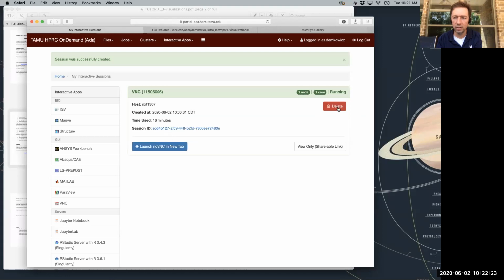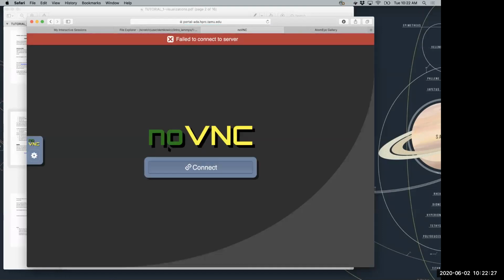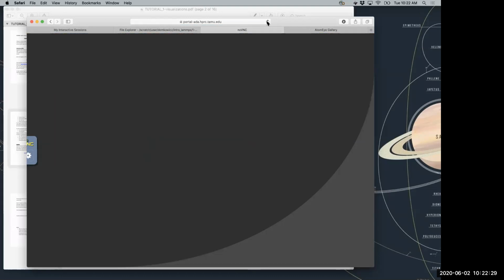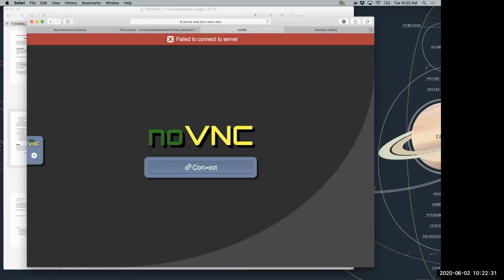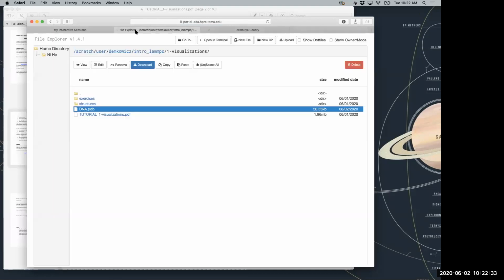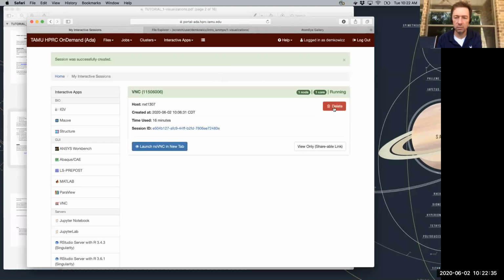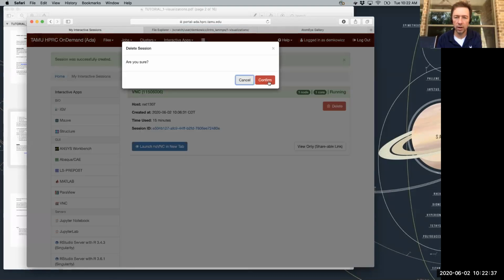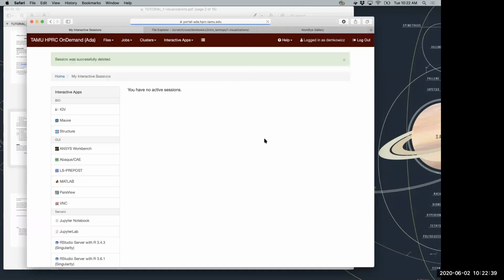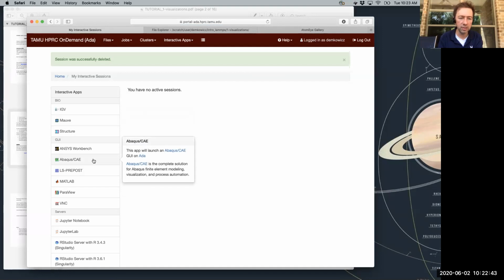Do I need to delete and restart this, Lisa, or can I just launch? Try relaunching it. Okay, so if you close the terminal, you have to relaunch one. So go ahead and close that tab and delete that one and make a new one. All right, so you have to keep that original terminal open. Gotcha. We'll run through this one more time just so everybody's on the same page.